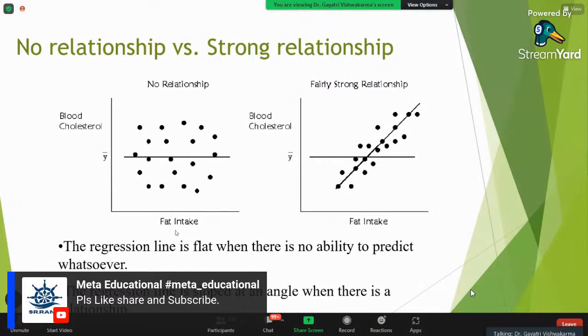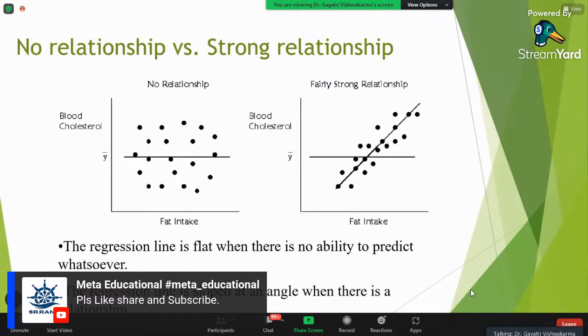But if we are getting the second kind of graph, we can predict the blood cholesterol based on the fat intake of a person. So that depends on what kind of slope we are getting. From this graph we want to say that your linear line should not be parallel to the x-axis, the independent variable line. It should have some slope, then only you can predict.